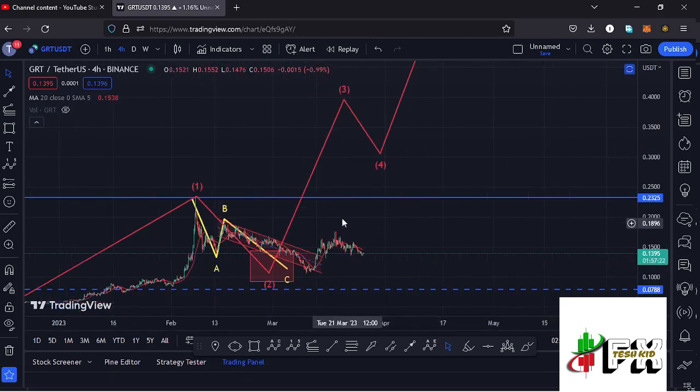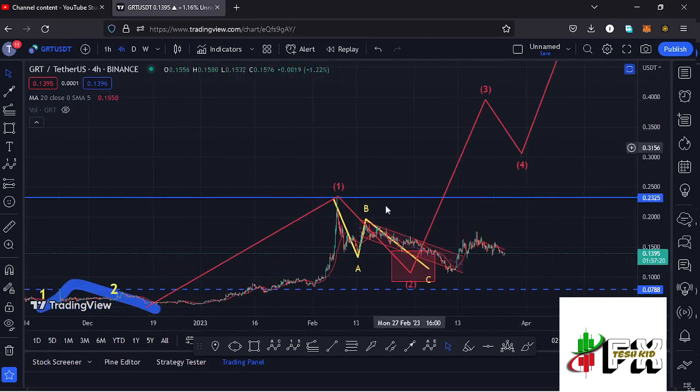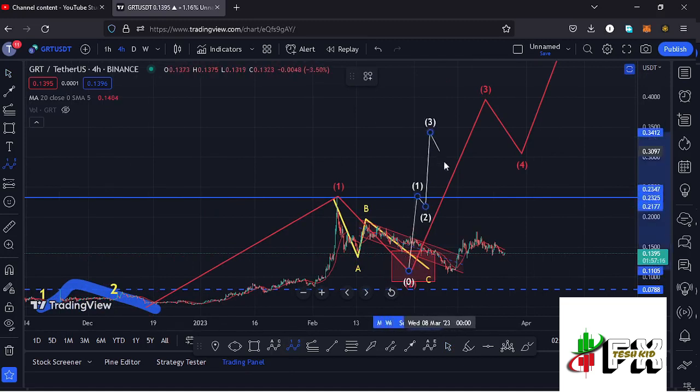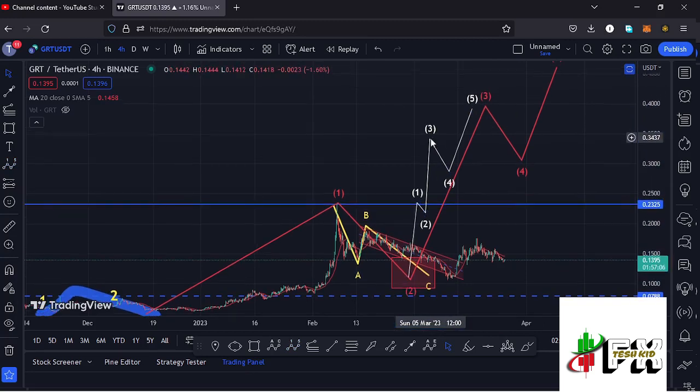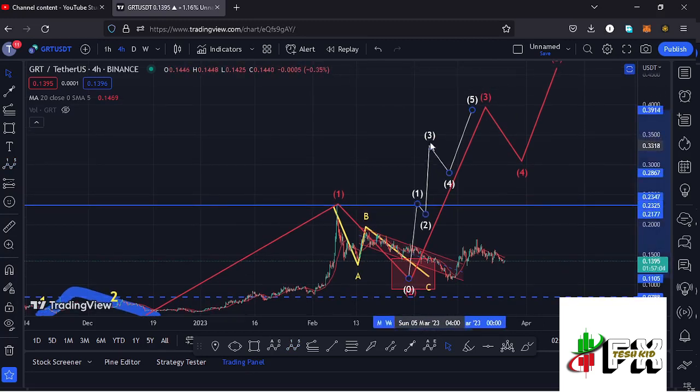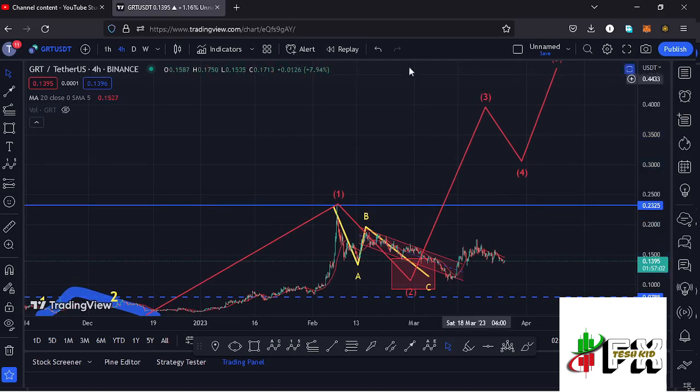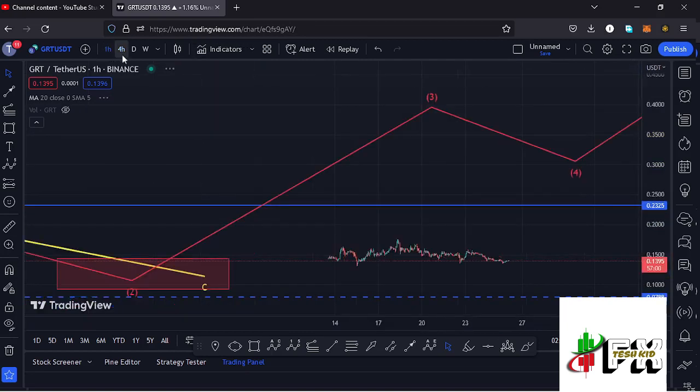wave 3. And because of the impulsive nature in the formation of this wave 3, I'm also expecting to see a 5-wave structure in formation, having the wave 5 fully maximizing our target areas and also giving us the high for that wave 3 to the upper side. And it is this micro Elliott wave count within the formation of that wave 3 that I'm expecting to give me the short-term scenarios here on the GRT chart, and I believe that is better seen here on the 1-hour